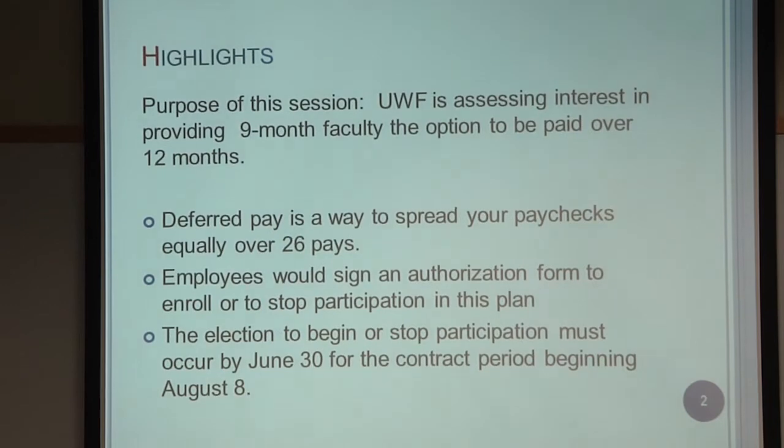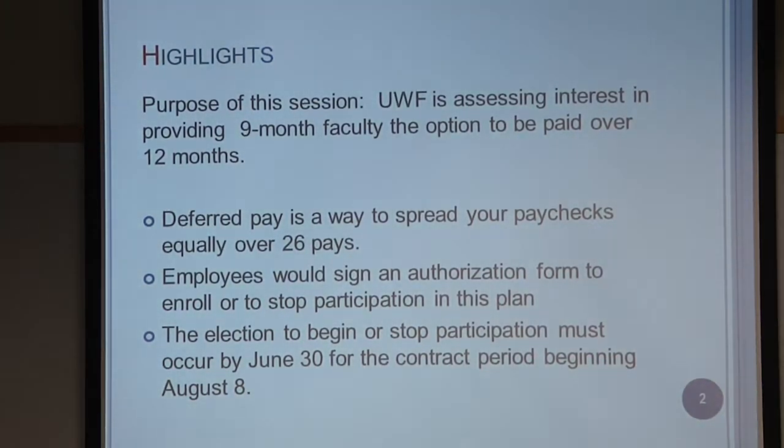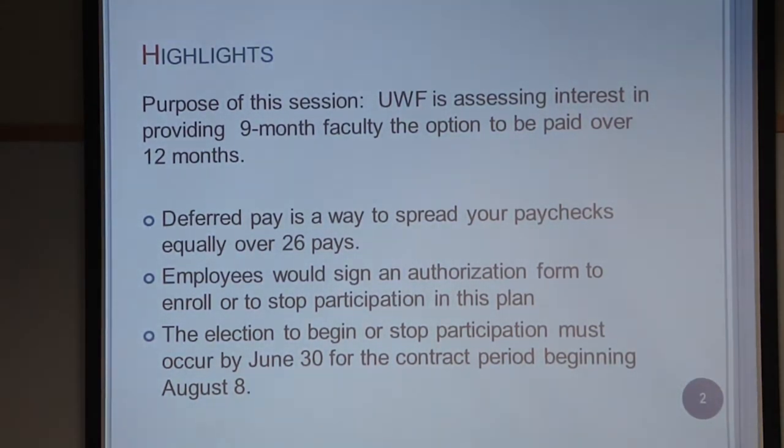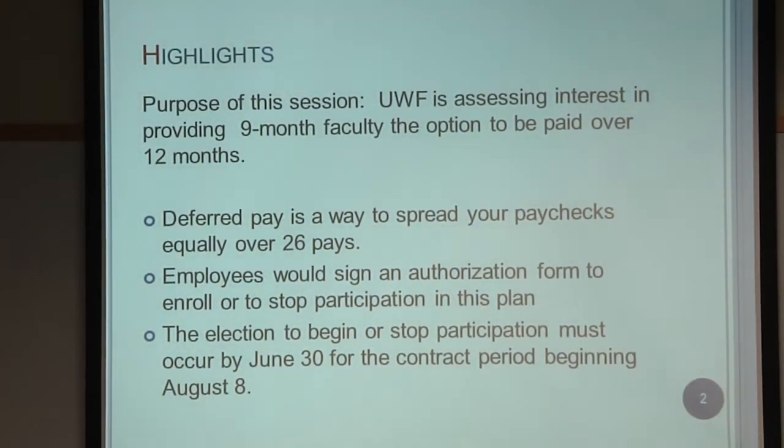In order to make the plan work, and in order to have time to set up first your primary contract, your 9-month contract, we have to allow that process to work. Then we have to come behind it and change that 9-month contract according to your specifications. That means moving you out of the 9-month pay into the 12-month pay area. So we want to make sure you know that would require us to have everything done in hand and ready to hand off to go into the payroll system no later than June 30th of any given year.